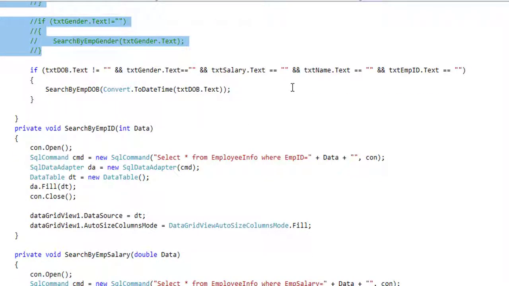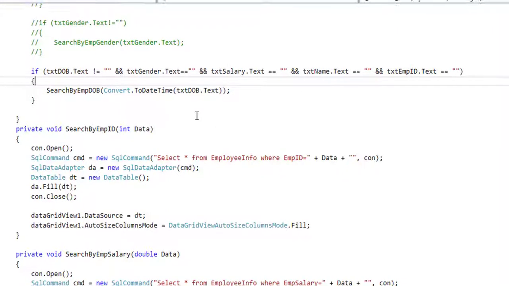If all the text box remain empty and only the txt dob contain data, then it will call the method.